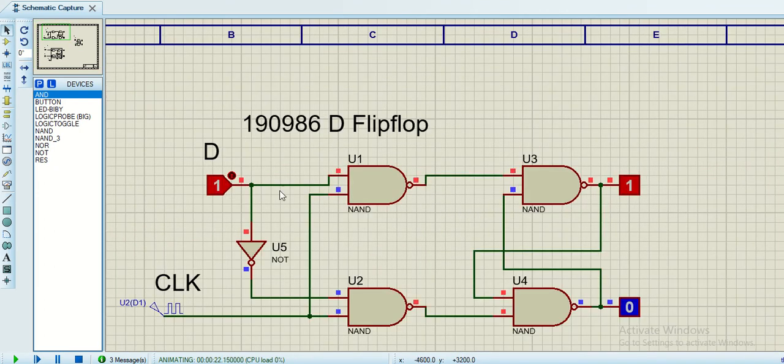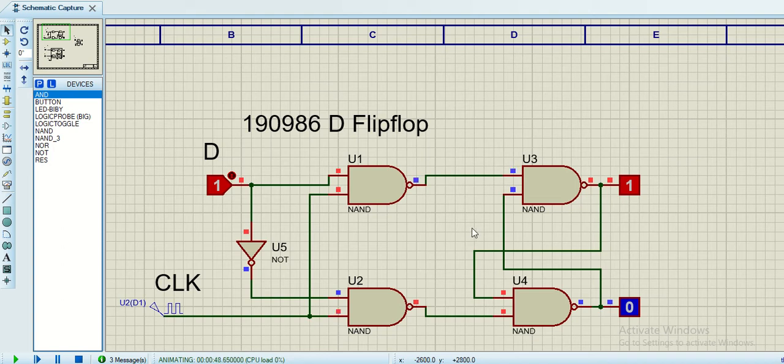delay flip-flop. Here we give an input D. While using an inverter, we give the same input to the second NAND gate. So this makes it easier for us, because S and R, which are now D and D naught, can never be equal. So this removes the possibility of the inputs 1 1 or 0 0. So this flip-flop is much better than the previous one, because we do not receive the indeterminate